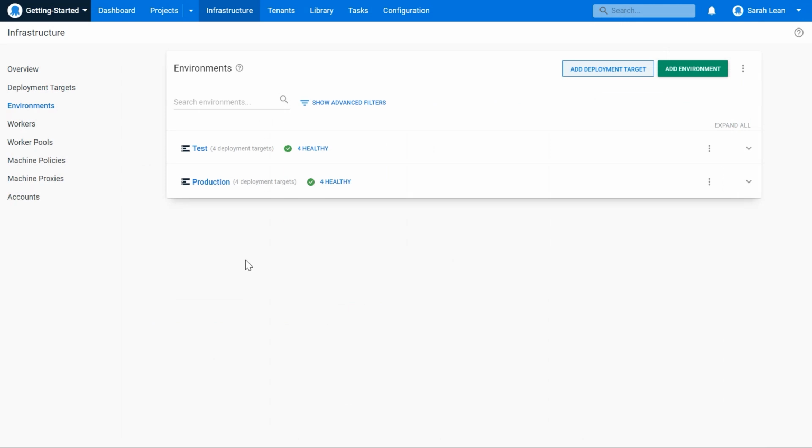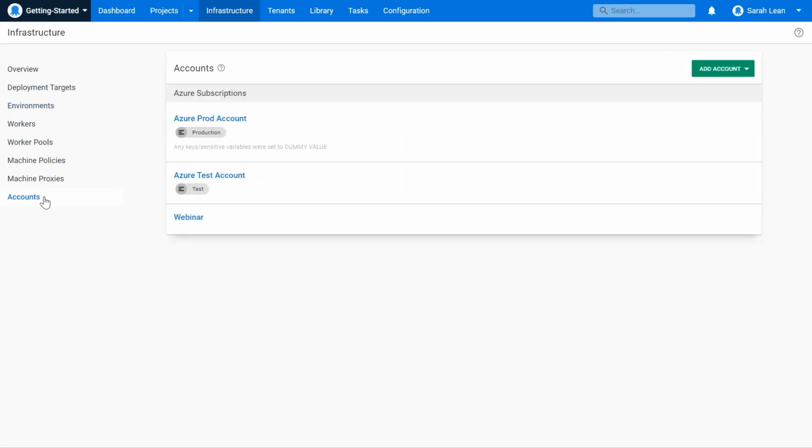Now, as I said, we're also going to be deploying our infrastructure and our application to Azure. So we need to link our Azure account with Octopus Deploy, and we do that inside the account section here. Now, again, I've pre-done this just to save some time, and so you don't see some of my subscription ID and some of my keys. We have 2 Azure accounts set up. We have the Azure production account, which is associated to our production environment, and then we have a test Azure subscription as well, which we keep separate for our test environment.